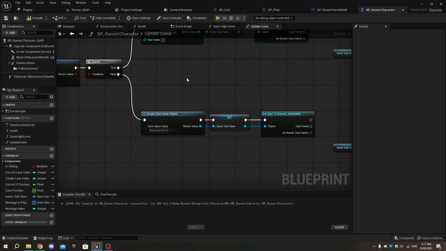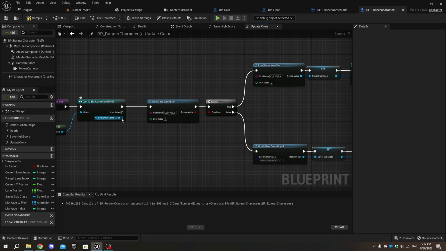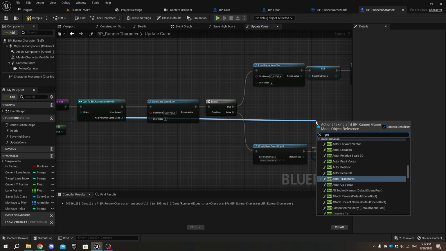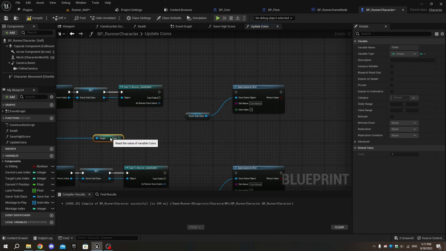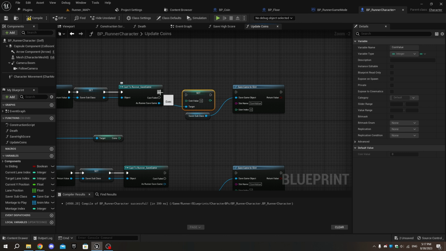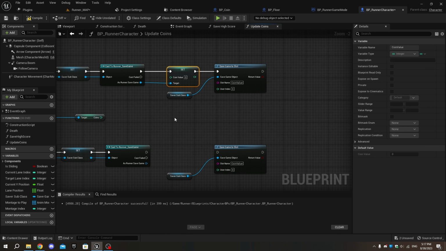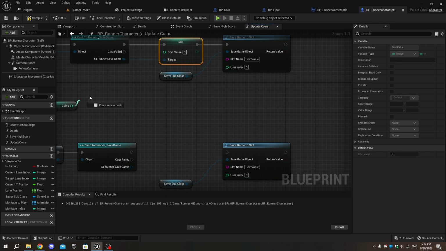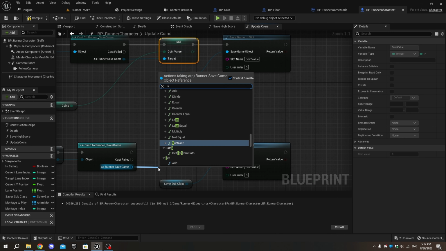After that, as runner game mode, get coins, and as runner save game, set coins value. Connect the Get Coins pin to the Set Coin Value node.